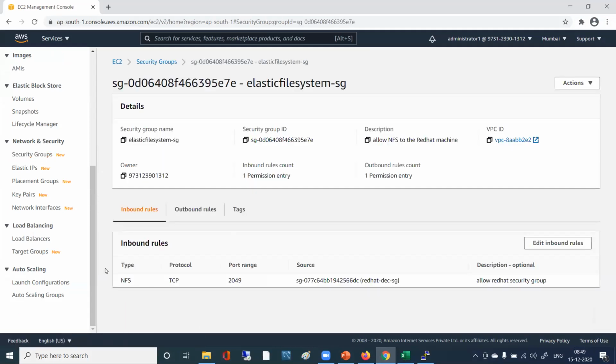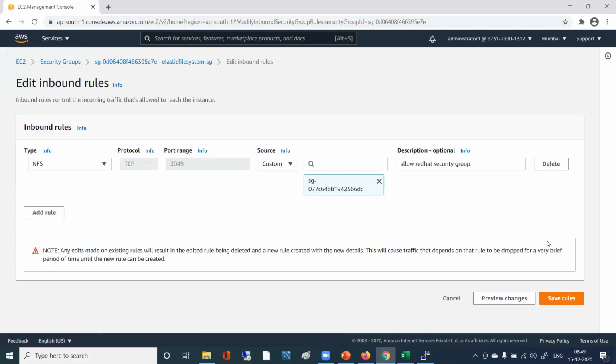Now what is the rule here? SSH I have, NFS is not there, because I have changed it directly. So you had changed that NFS to SSH. Now you just edit and delete this.